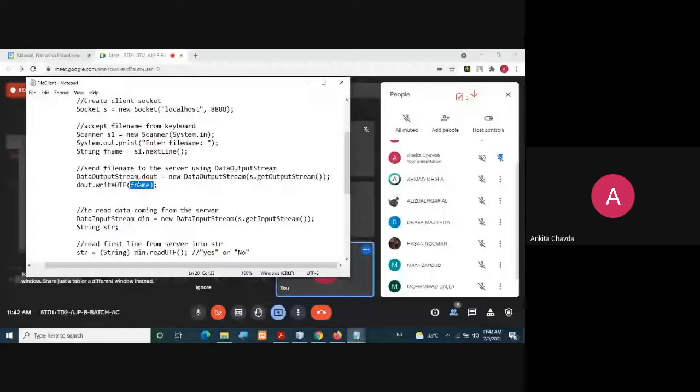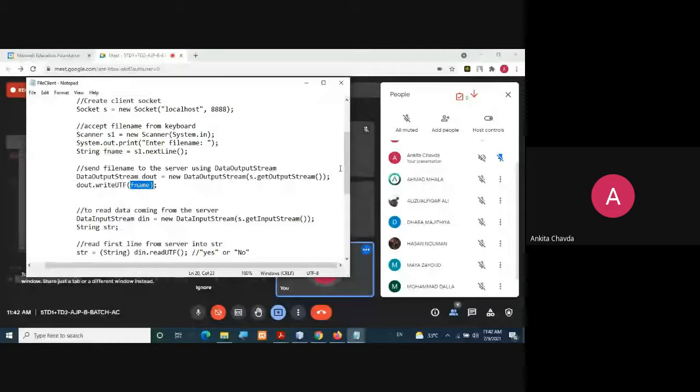Now, once I have given this file name to the server, the server will check whether this file exists on my machine or not. And do you remember, the server will send yes or no? Fine. So I need to read that. Whenever I'm reading, I need to create a DataInputStream object.